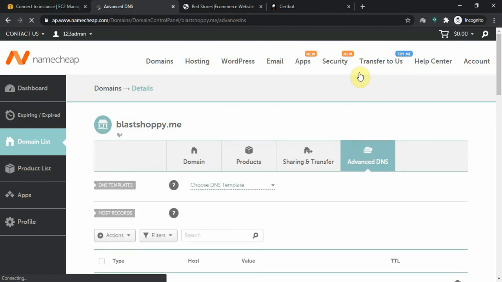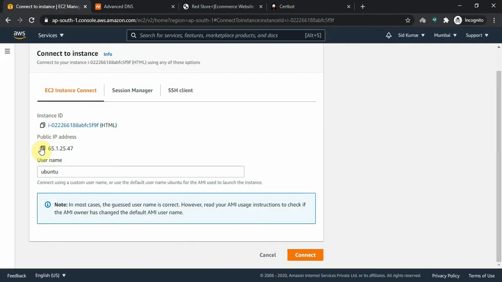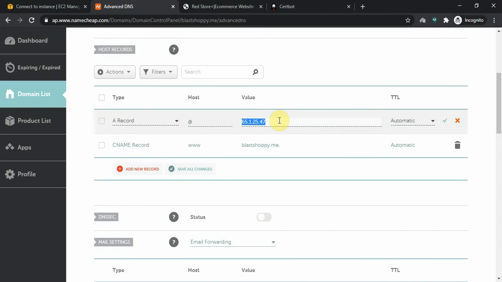And here we'll copy this public IP, come here and paste it in A records, right? We'll create only 2 records and nothing else. A record: in host we will put @ and the value.